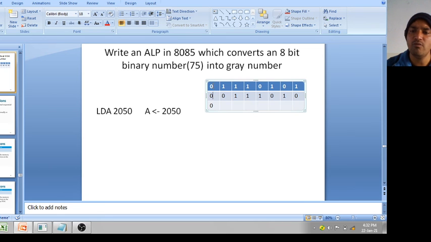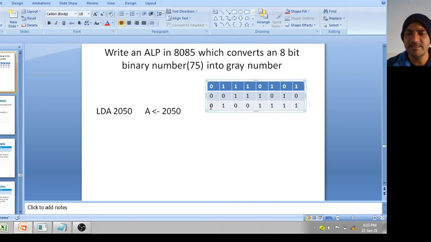Suppose here is 1 XOR 0 is 1, and rest of the bits you have to shift. Now what you will do, you will perform XOR operation. 1 XOR 0 is 1. 1 XOR 1 is 0, then 1 1 XOR 0, then 0 1 XOR 1, then 1 0 XOR 1, then 0 XOR 1 is 1, then 1 XOR 0 is 1.